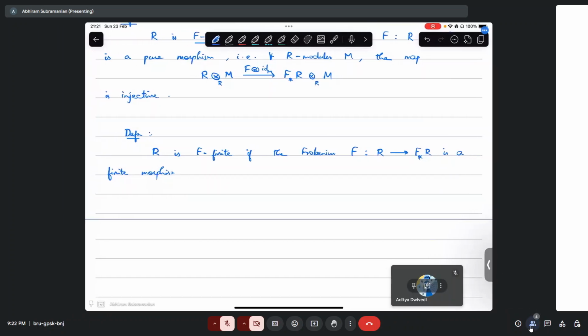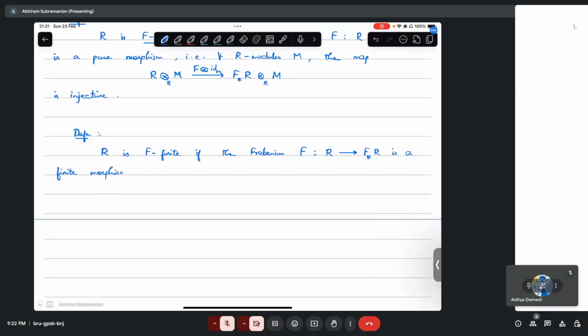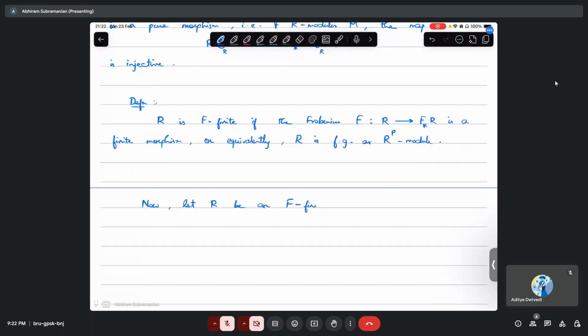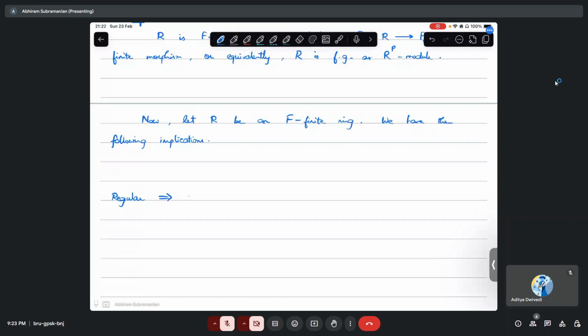We have the following implications, and I will talk about them one by one and hopefully finish most of them by today and leave the rest for some time later. So regular implies strongly F-regular implies F-regular implies weakly F-regular implies F-rational implies